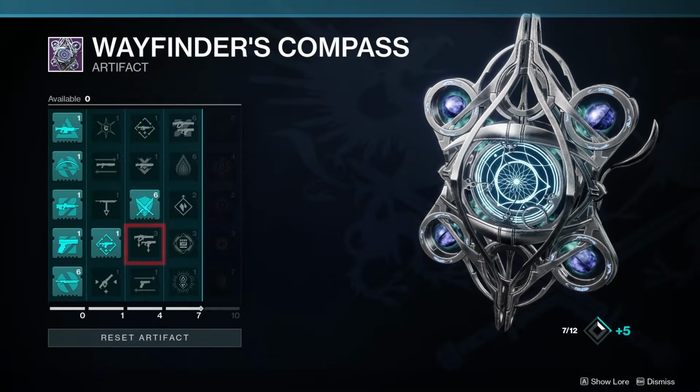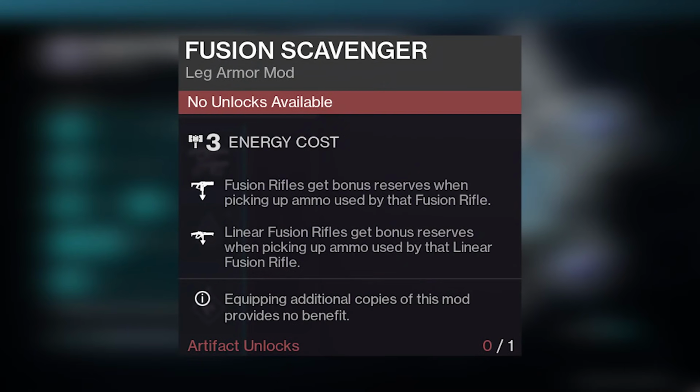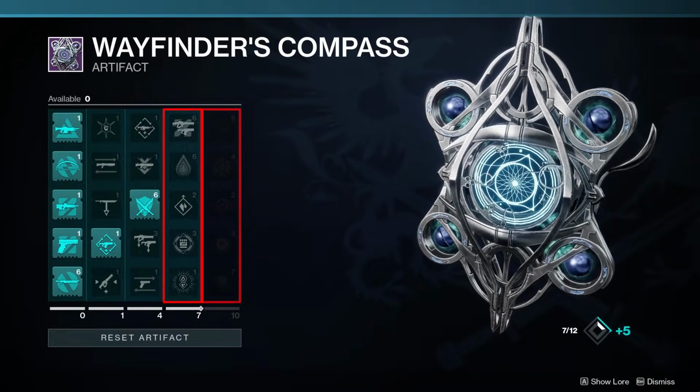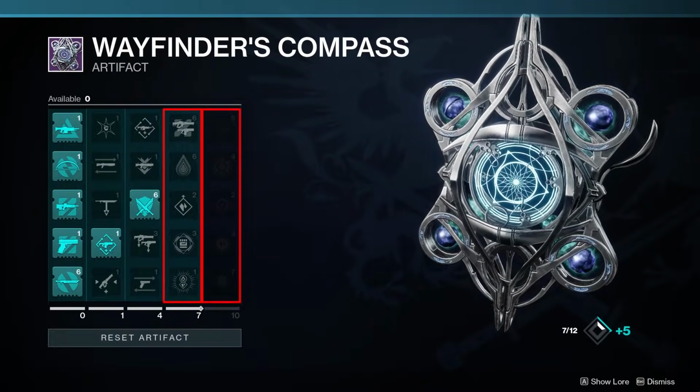Next, we have Fusion Scavenger. Definitely a solid pickup, as it gives you scavenger benefits for both fusions and linear fusions in a single mod for just 3 points. The last mod in column 3 is Sidearm Dexterity, so yeah, moving on. Column 4 and 5 artifact mods have historically been the most powerful, single-handedly shifting the weapon and